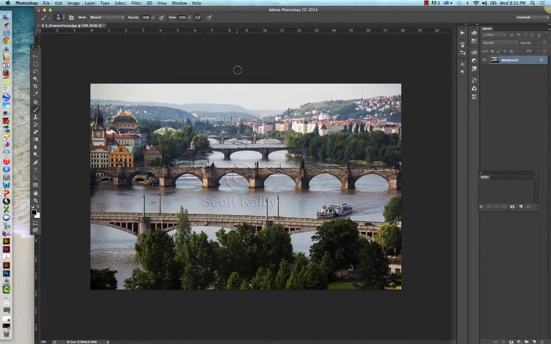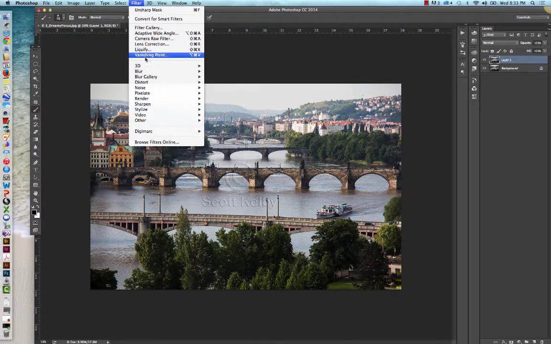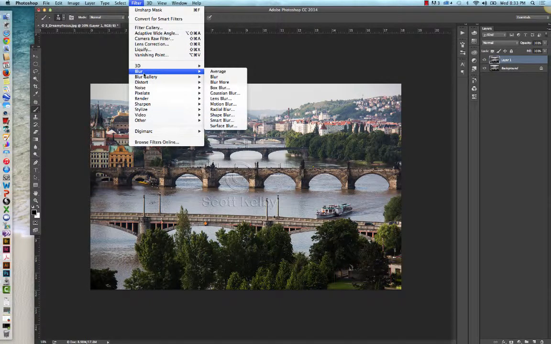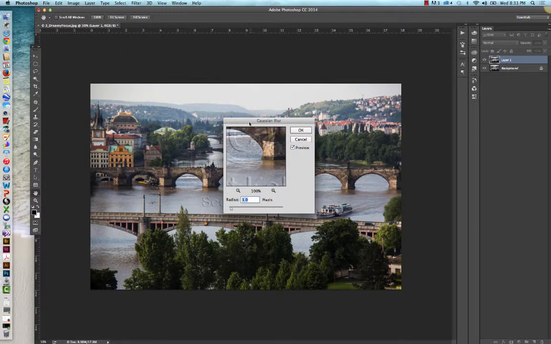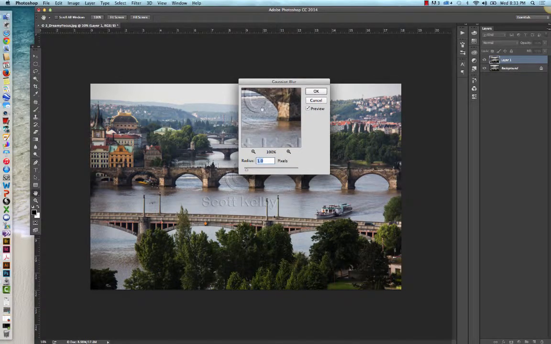Now duplicate the sharpened layer by pressing Command or Control J, depending on what system you're on. You can see that did duplicate that layer. And then now we're going to go to the filter menu. We're going to go under Blur, and we're going to choose Gaussian Blur. And again, when the dialog box appears, we're going to enter 25 pixels